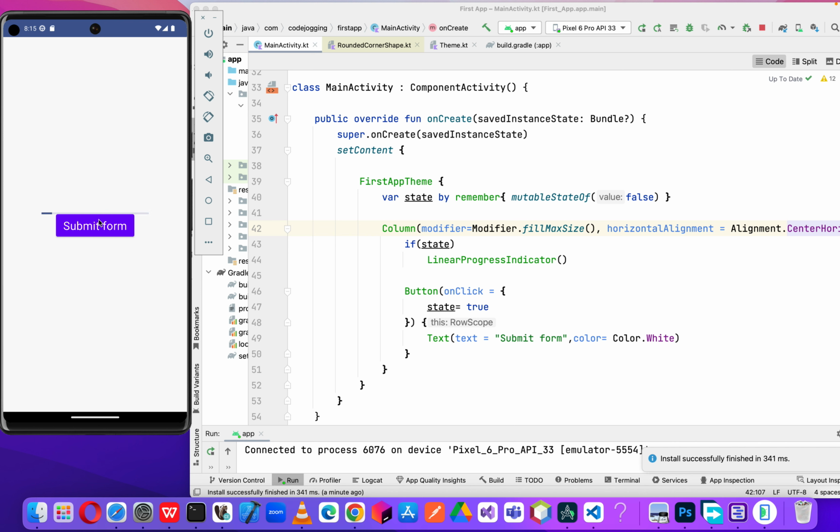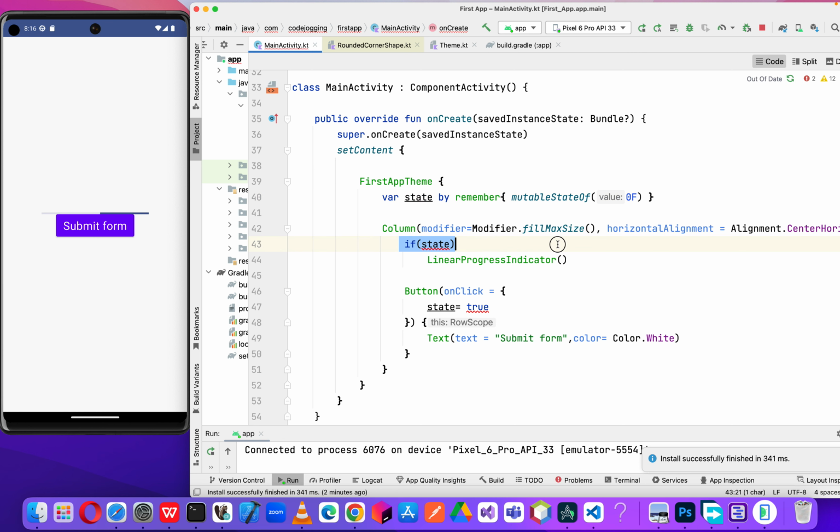So if you are sure that you know the total file size that you are going to upload or download, or the total file size of the action you are going to perform, then it's good for you to use the determinate. So now let's look at the use of the determinate and then see how we are going to implement it in our project. So instead of using the boolean here, we are going to switch to float. Okay, so we are not going to hide anything, and then we are going to show